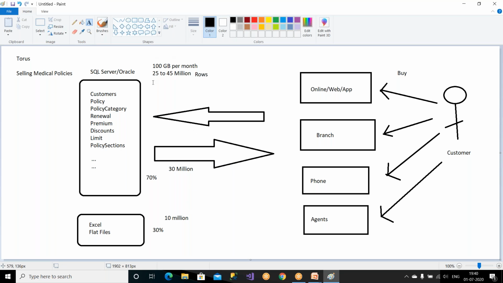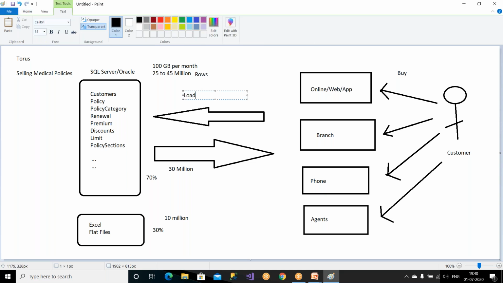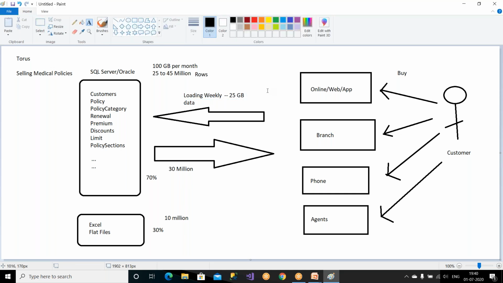So you have 100 GB of data to be loaded every month. We are loading data not daily, but weekly. So approximately every week you're going to be loading 25 GB of data to the destinations. That's what you need to understand. Clear? So every time we are going to be loading 25 GB of data, and you should also tell them